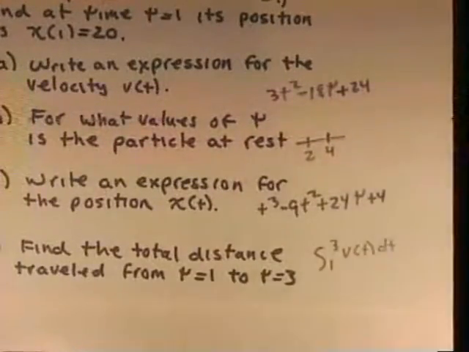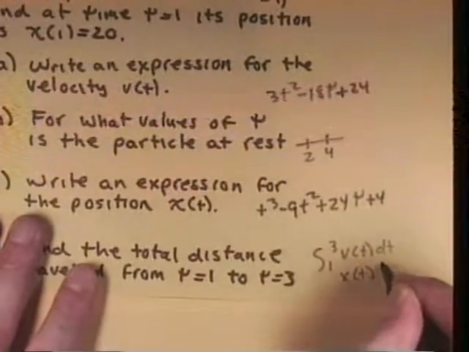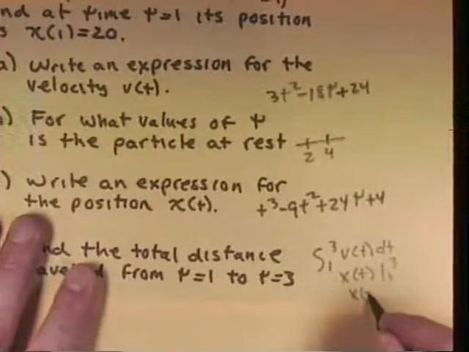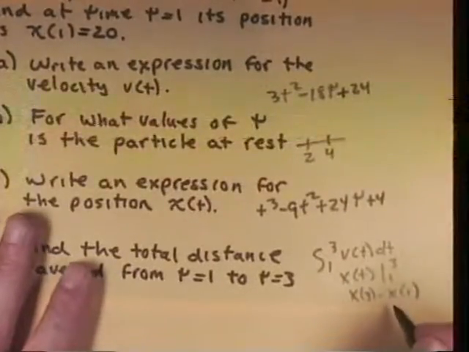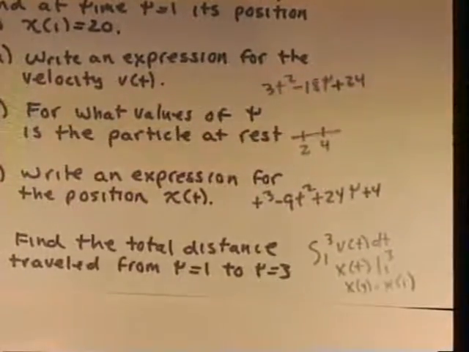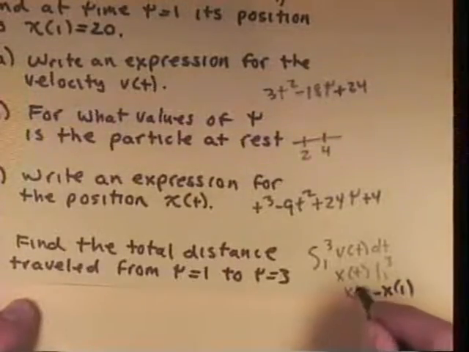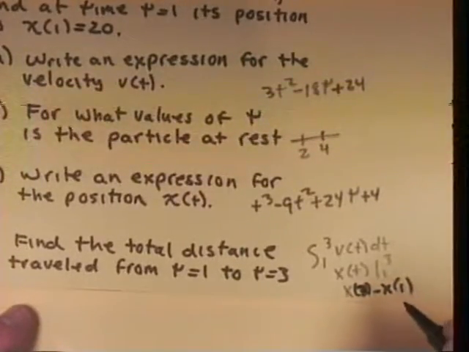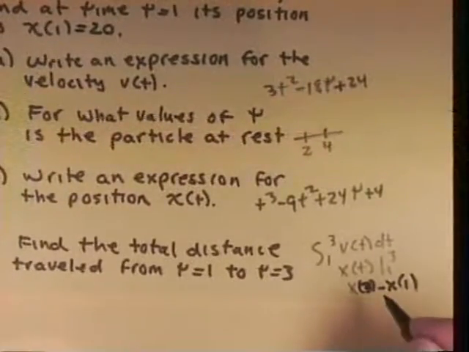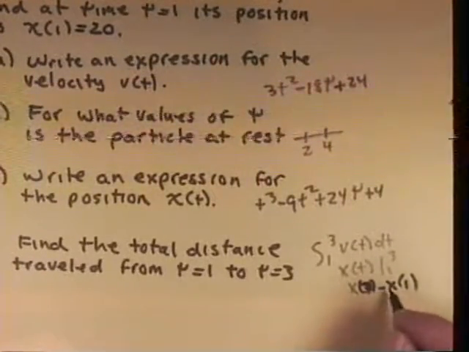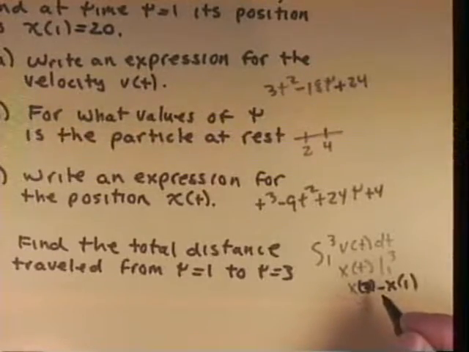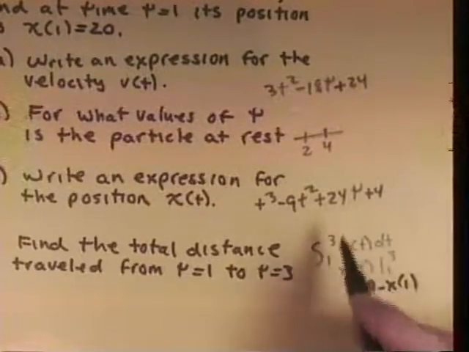When you integrate the velocity, you get the position, and then you plug in 3, you subtract, you plug in 1. So you would just get the change in position, which would be just your displacement. Because if you travel to Waco, 100 miles, and come back to Dallas in a matter of 4 hours, your change in position is 0, but you traveled a total of 200 miles. So we don't just integrate the velocity.